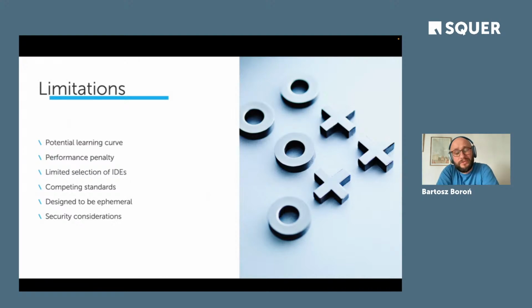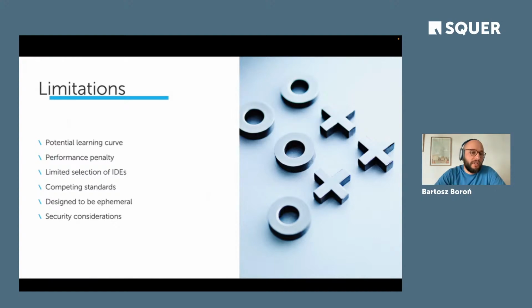As always, nothing is for free in this world. There are, of course, limitations, and it's not only down to the limited selection of IDEs. Today, we've been focusing a lot on VS Code, and it works most stable with VS Code. JetBrains do kind of support this standard as well, but they're working on their own stack with Fleet, the new next-gen IDE, and the Spaces platform. They're trying to basically do a similar thing with their own toolchain.